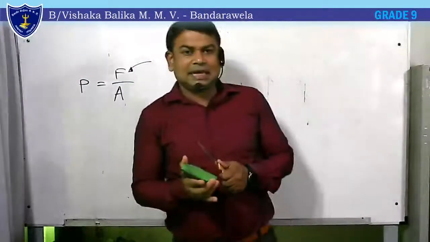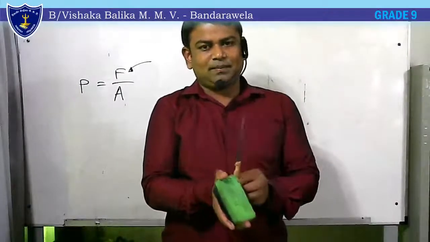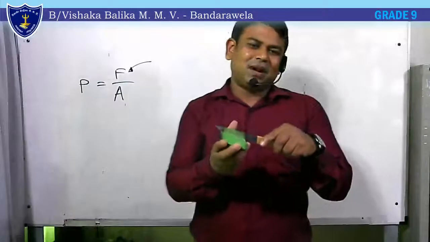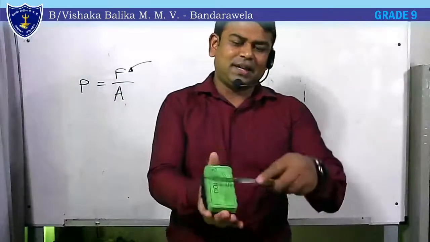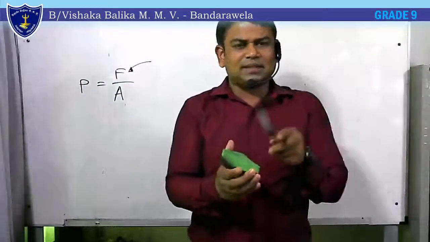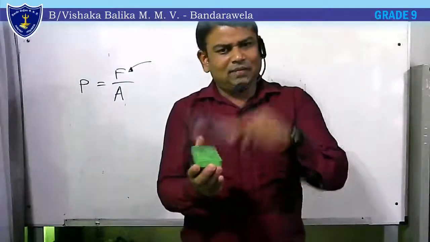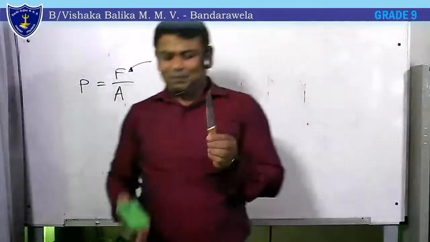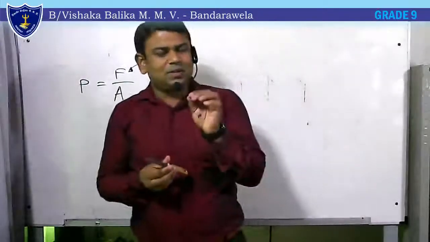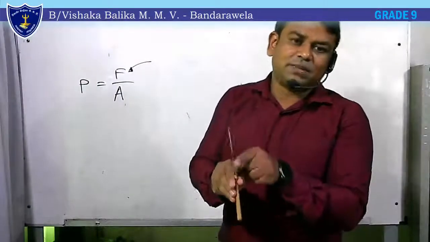In such a case, we can decrease the surface area. When you decrease the surface area, then I can easily cut it. I am not going to cut that one, but if you increase the area, you can see the mark just remains on that as we increase the force. If I just rub it over this, it doesn't cut, but if I move it here, it will cut into halves. So what is the tactic we used here? Whenever we need to increase the pressure, an option is making the surface as sharp as possible.